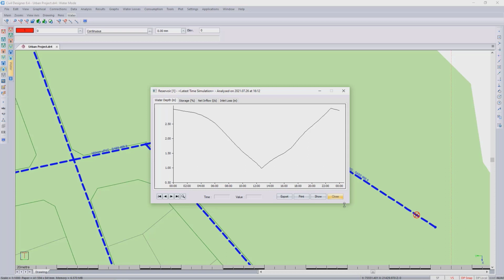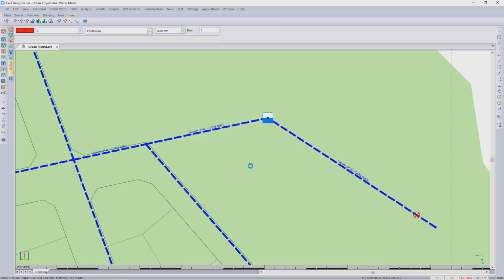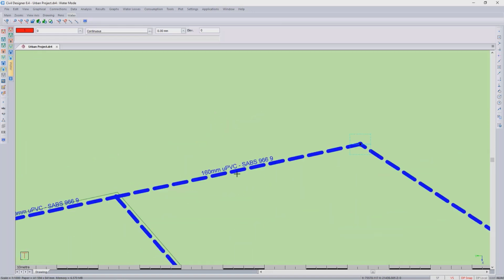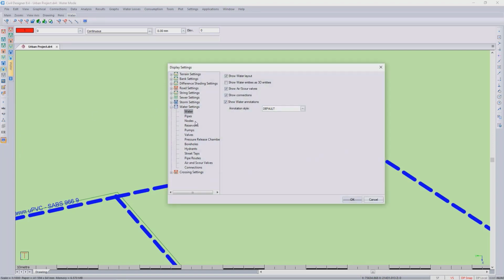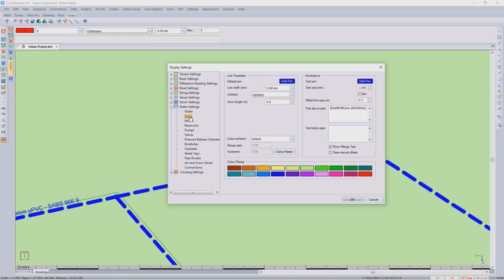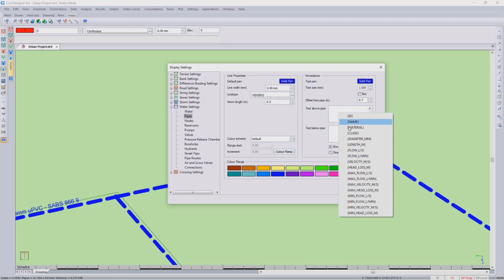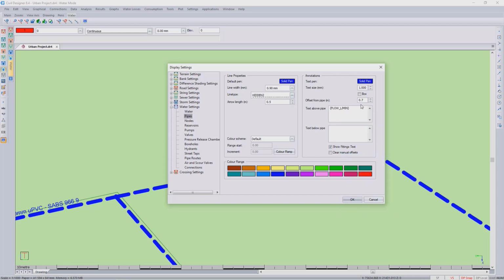Okay, so what I'm going to do, because we're dealing with liters per minute, I'm going to zoom in over here, and you can see currently I've got one of the pipes switched on, or displaying the category of pipe that this pipe is. So I'm just going to go over to my display settings. I'm going to go over to pipes, and for now we can actually just remove all of this, and I would like to show the flow in liters per minute. So I'll put there liters per min and say OK,